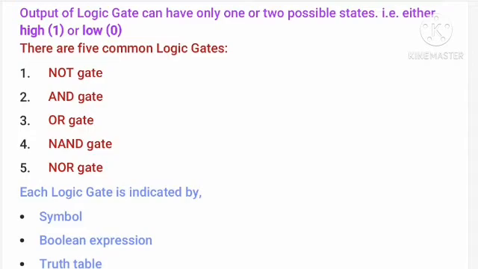If we study the truth table, each logic gate is indicated by some function. This function explains to us the combinations of output with input and that are confined in a table which is called a truth table. So these are the important points regarding logic gates. Each and every logic gate can be studied through these. So which are the important points we have to understand? Symbol, Boolean expression and truth table.